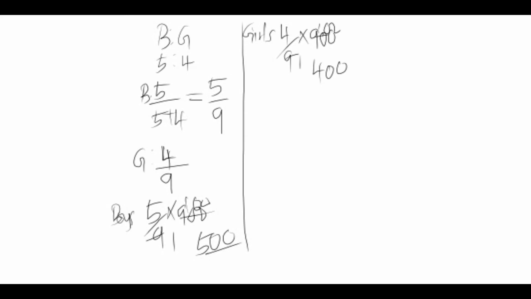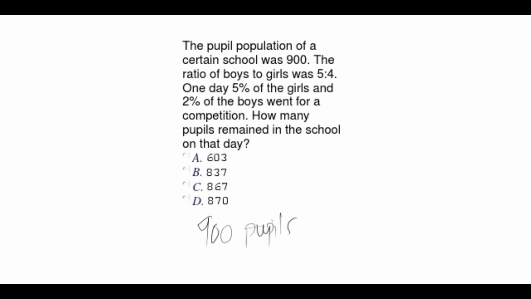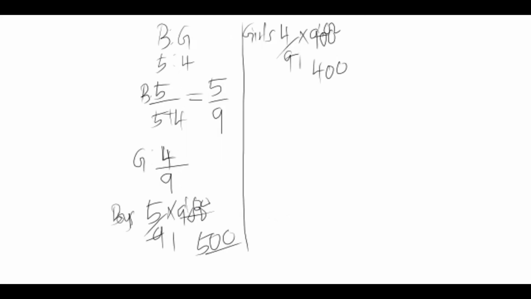Then we are told one day 5% of the girls and 2% of the boys went for competition. How many pupils remained in the school on that day? So since we want to know the number of pupils who remained in the school, we are going to find the number of those who went out. Then we will subtract from their respective numbers. So we have 5% of girls. So girls who went out for competition,